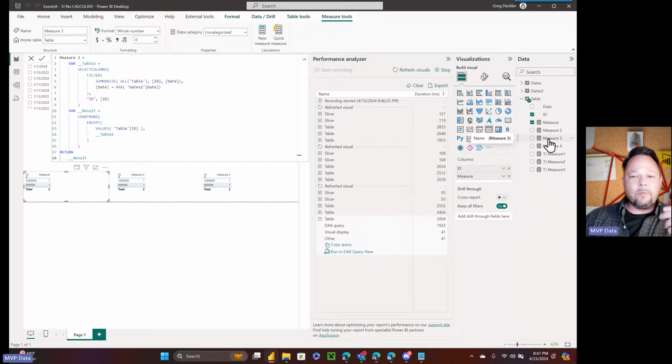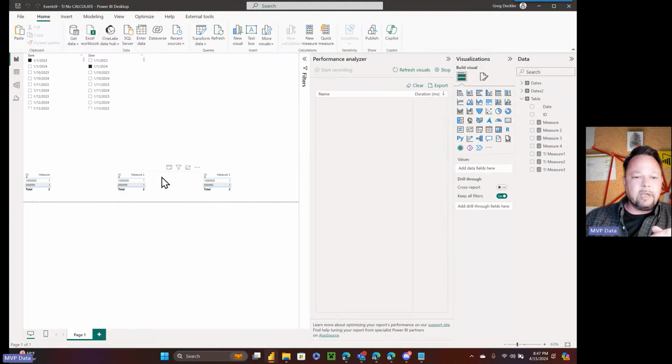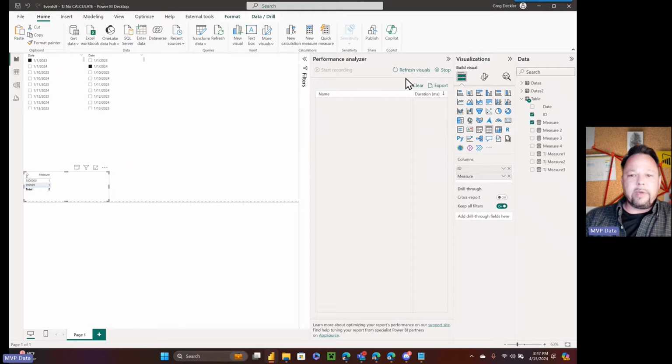So that's what I mean when I say people use distinct, don't use values. You're costing yourselves performance, in my opinion. So what we can then do to compare this is get rid of this one, get rid of that one, and we're at 1.4 seconds, as I recall, was our fastest time. So let's go ahead and refresh our visuals without those other two in the way.